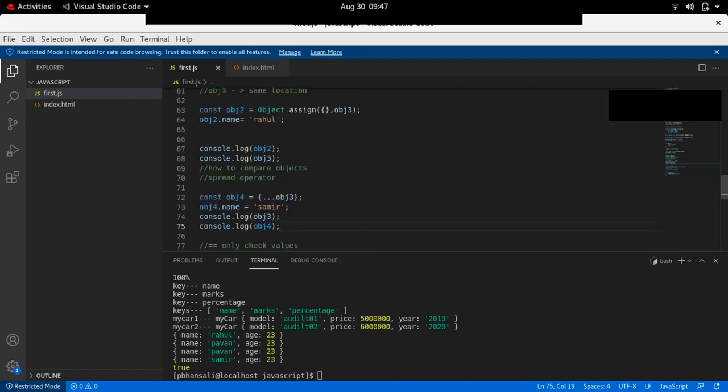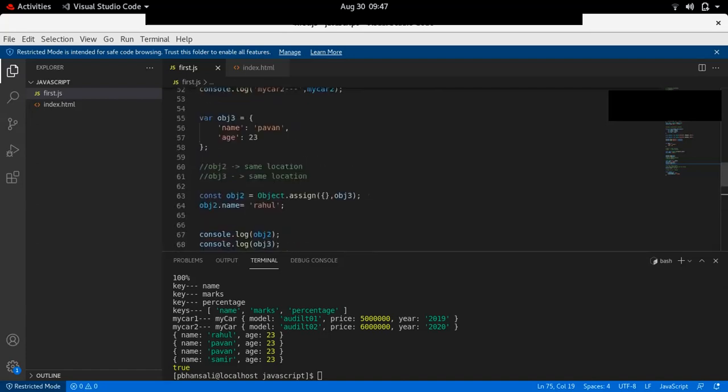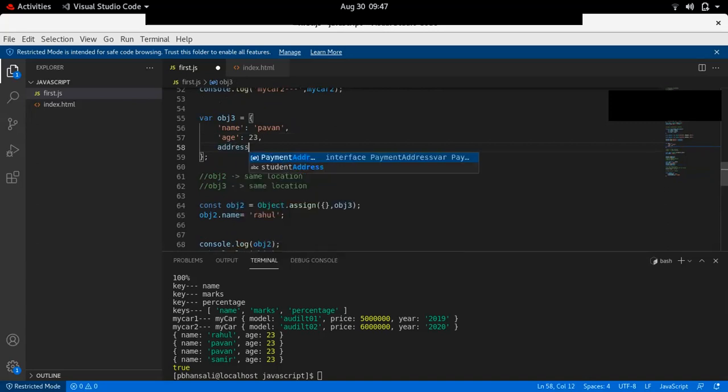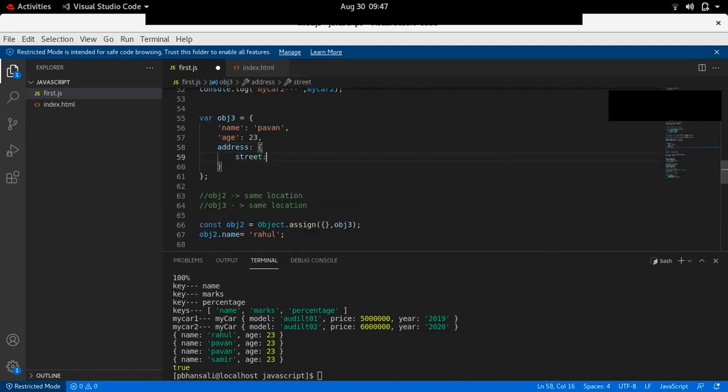Now there is one problem with the spread operator. For example, inside this object3, we now have one more object, maybe address. And in address we have Malviya Nagar and flat 1/368.